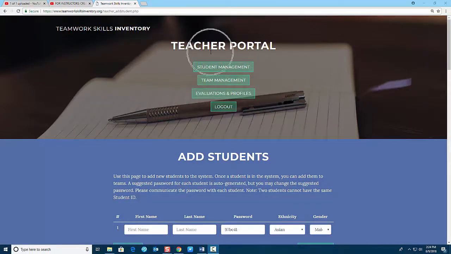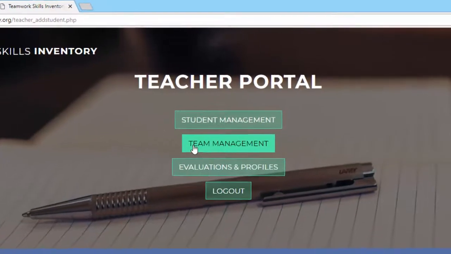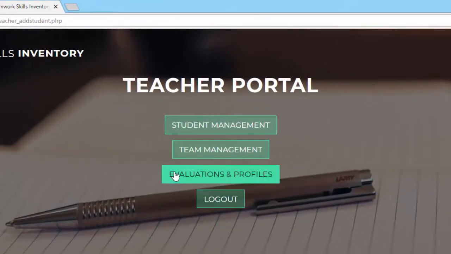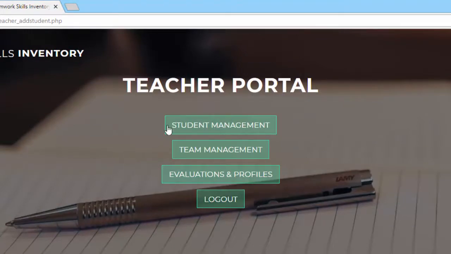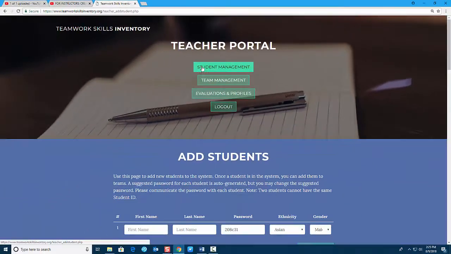So once you have logged in as the teacher, you should see three choices: the student management area, team management, evaluations and profiles, and log out. Now to create your class, you will go in here under student management, which is where we are now,